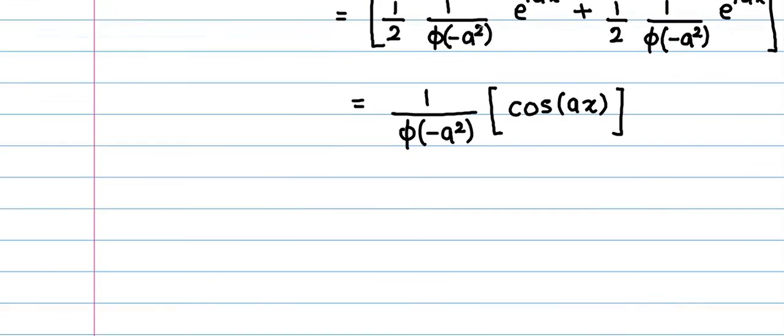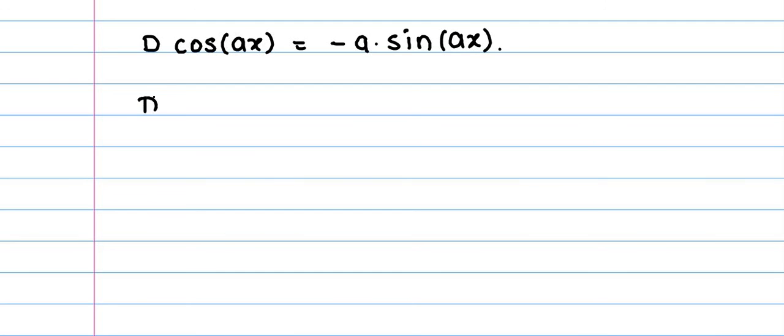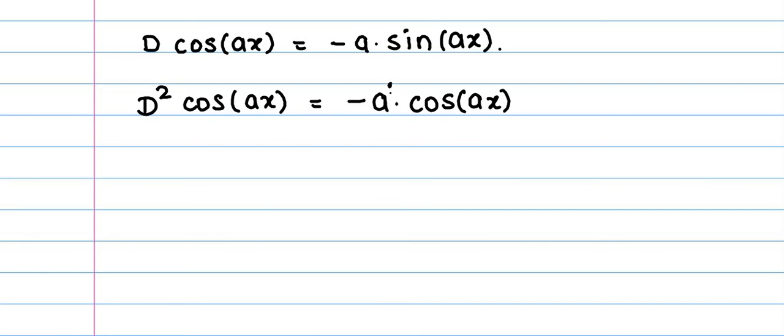So this is your required formula for the trigonometric function: replace D square by minus a square. Or we can give another justification. Since the derivative of f of x, that is cos ax, is minus sin ax into a, the second order derivative of cos ax will be, this minus as it is, derivative of sin is cos ax into a. So the second order derivative of cos will give us a function in terms of cos.